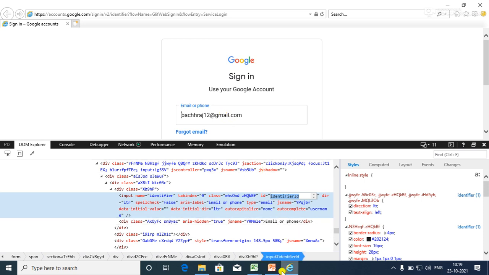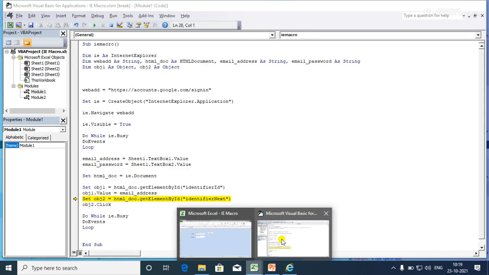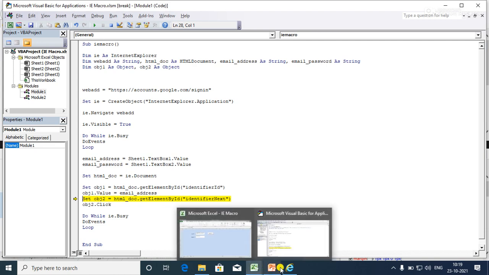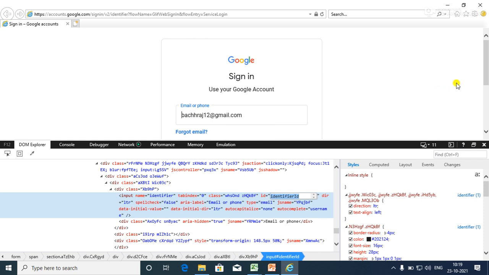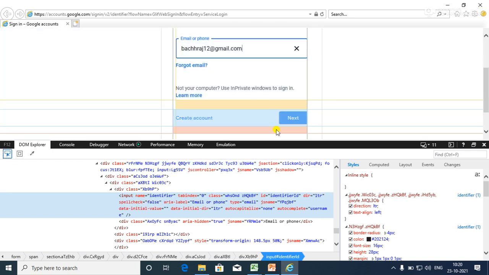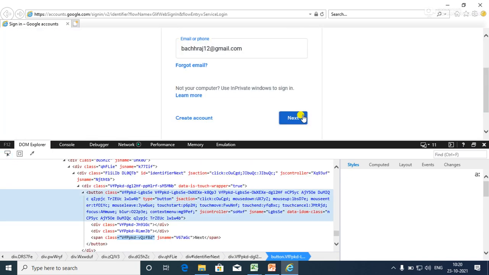Next, I have declared one more object, that is object 2. In this object I pass the button ID. Now I'll show you how to find the button ID. Here I have a button that is Next. For this I click on this, and on this.